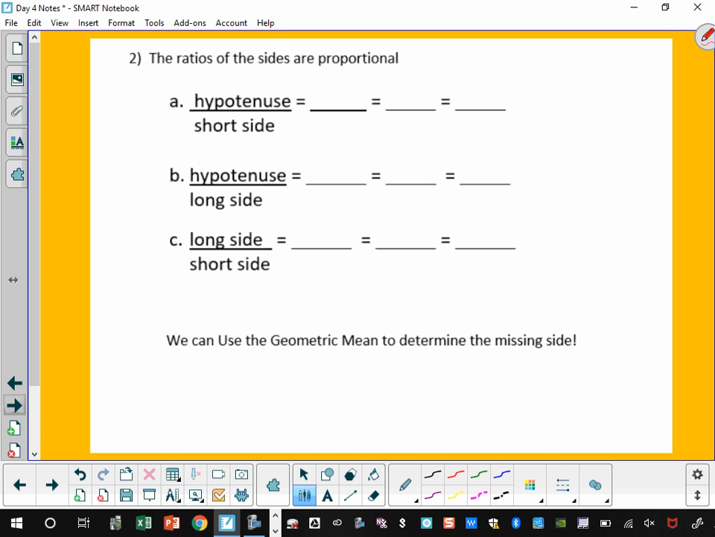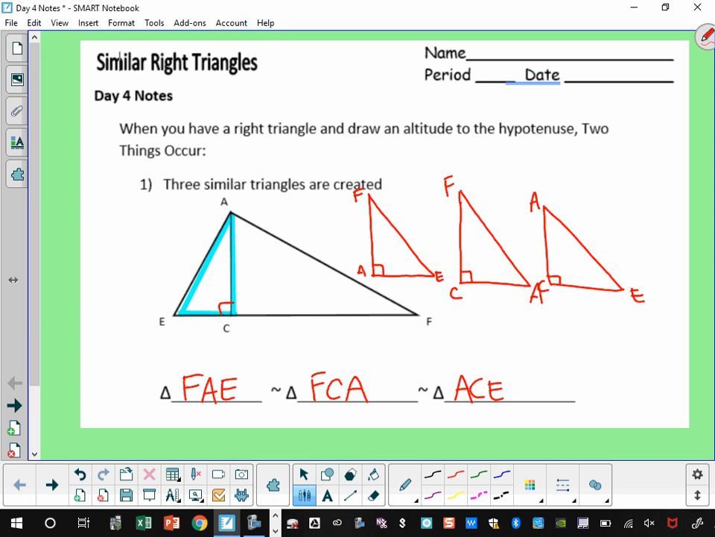Our ratios say the first one is hypotenuse to short side. That means that the hypotenuse to the short side, the hypotenuse to the long side, and the long side to the short side are all proportional for each of the 3 triangles. So let's take a look here. Where is my hypotenuse? What's the longest side of the triangle? Your hypotenuse is always directly across from the right angle, so it's EF. What's the next one? FA and